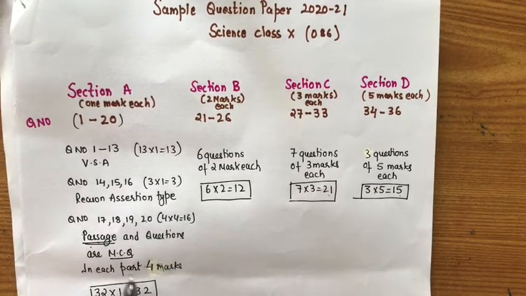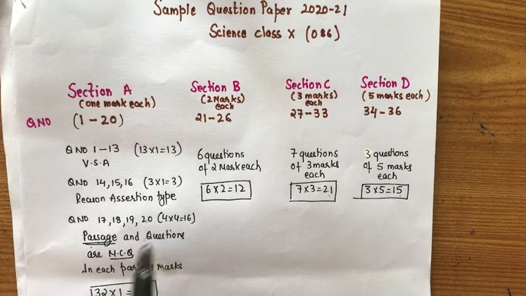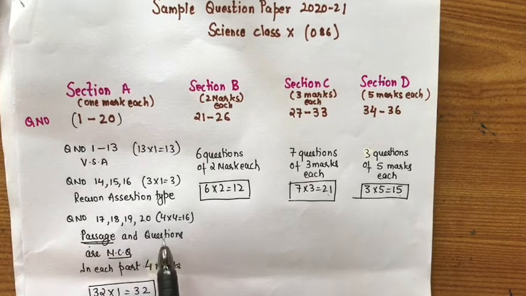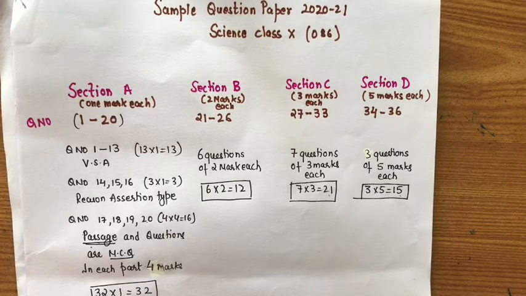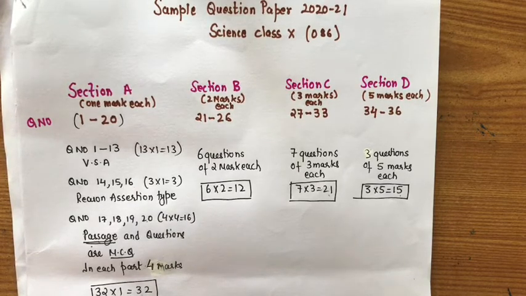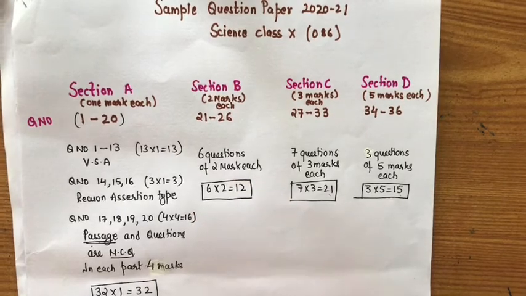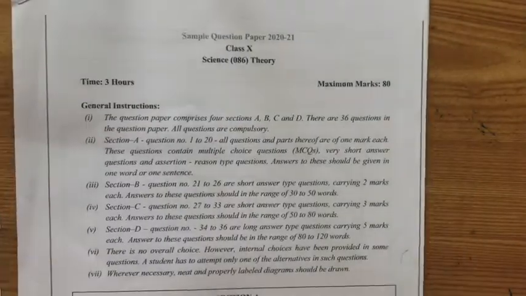So you have 4 marks in each part. So total 4 questions and 4 marks in each part, that will give you 16 marks. So this section almost carries 32 marks, 1 mark, okay, and different variations of questions are there. So today we will see the